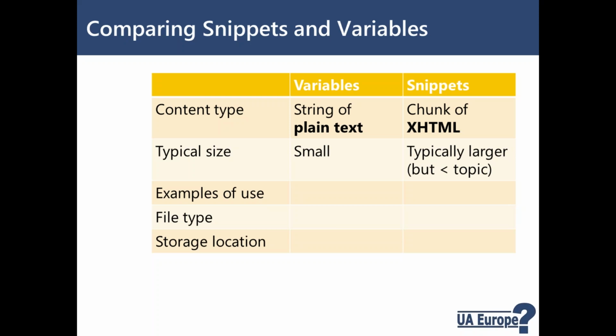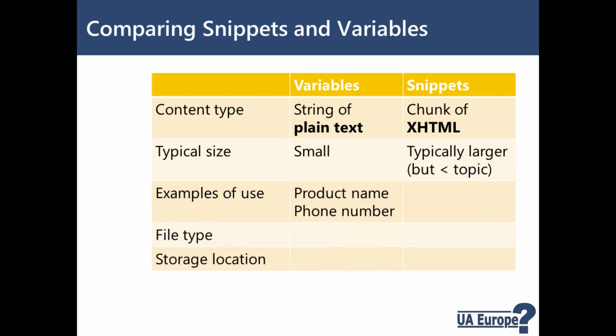And if you really cared about your company name being always written in a certain font and certain color, then you might want to store your company name as a snippet and then insert that snippet inline into a paragraph rather than using a variable. Because if you use a variable, it's just a string of text. You can't store the formatting with it.